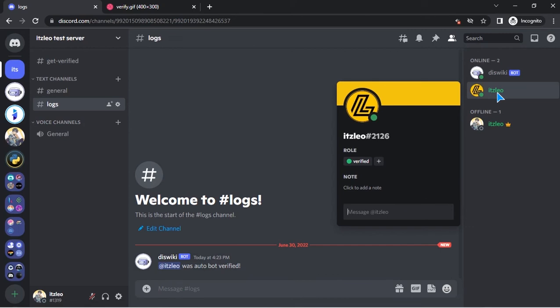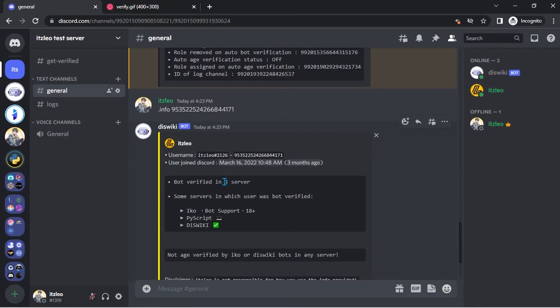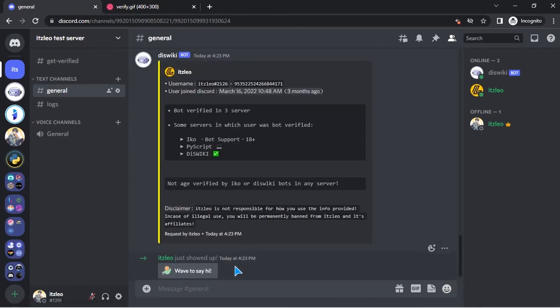The user account was verified using the global algorithm. As he has been verified already in 3 servers, he can get auto verified in 6 servers. So now he joined this server and he had the limit to get auto verified, so he got auto bot verified. We can do the same for the age verification. So now you got how to do this. We can even turn on the